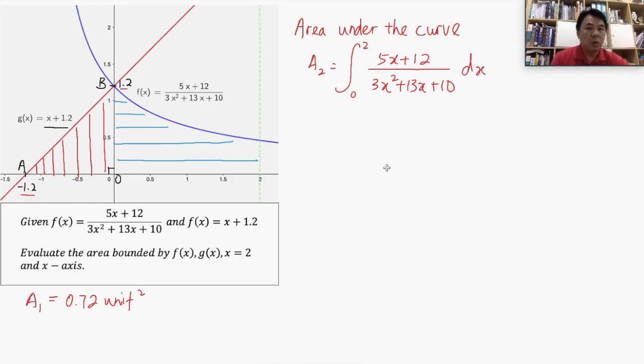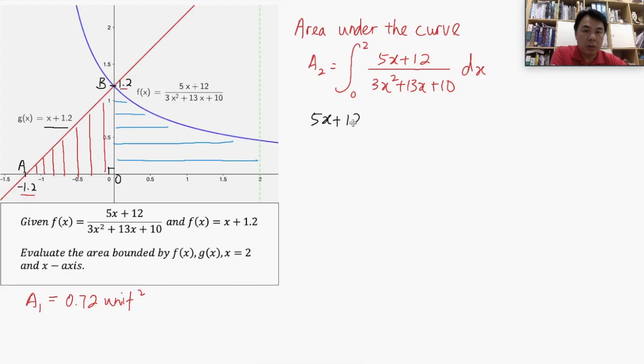Right. So one way we can do this would be to break it down using partial fractions. This is one method. We can actually break it down using partial fractions. Okay, let's give that a try. So the method that we are using is the partial fraction method. Now to do that, we will let